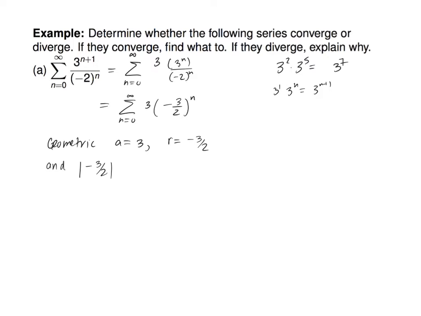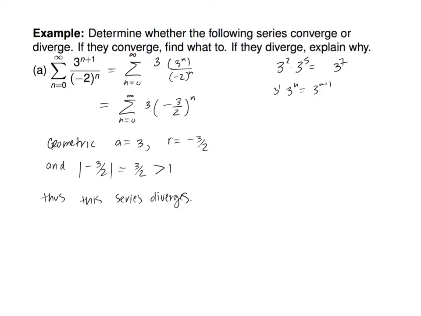So the kicker with this geometric formula is look at the absolute value of your r, and if that absolute value exceeds 1, then you diverge. So this absolute value is 3/2. Is that bigger than 1 or less than 1? Greater than 1. Therefore, the series diverges. Well, I just wrote absolute value 3/2 is greater than 1, or negative 3/2, I guess. But that's how you check. Does that make sense? Okay.